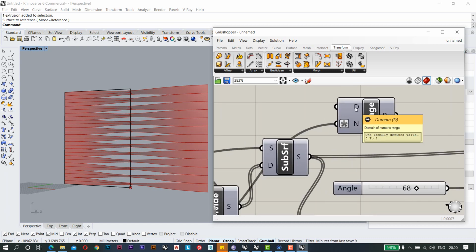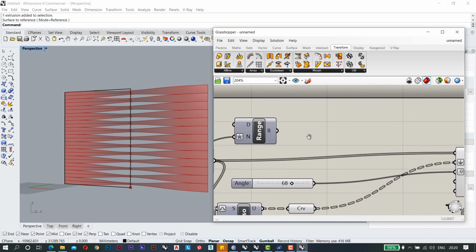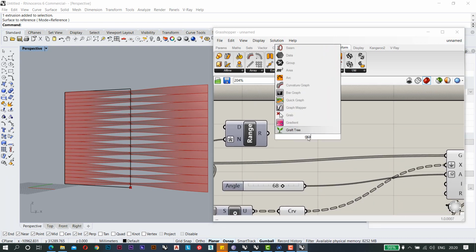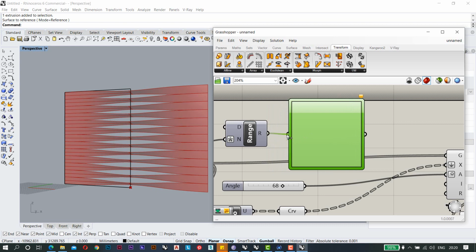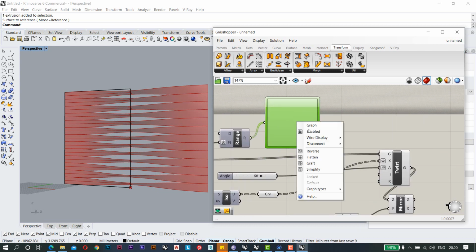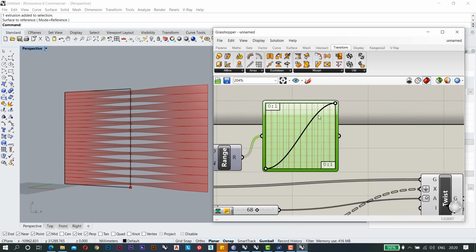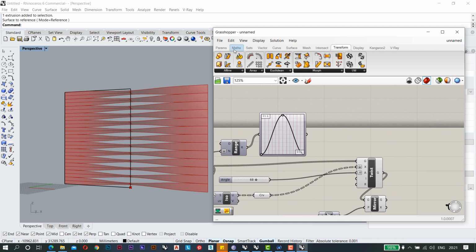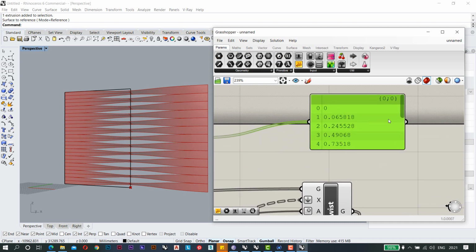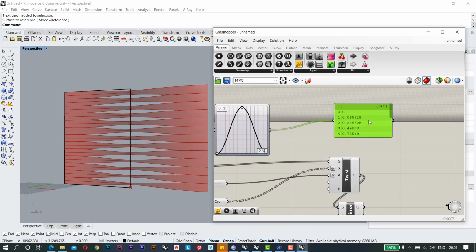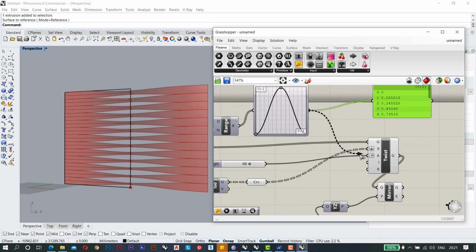So here we have our domain which is going from 0 to 1, which is okay with us. So now I'm going to use the graph mapper here, which is this one. So I'm going to attach my graph mapper here, and I'm going to change my graph type to sine. So here you have this kind of graph. So I'm just going in the middle of it. So right now what is happening here is that you have different values, like you will have the values from 0 to 1. But here if I use these values in degrees, what will happen?